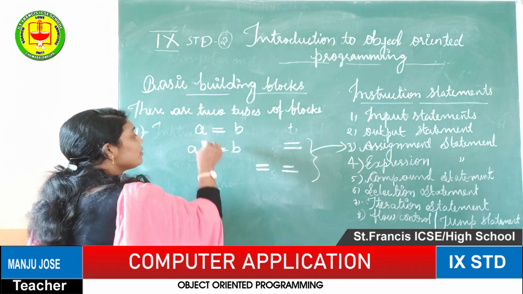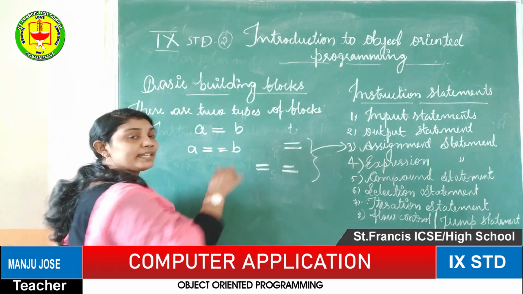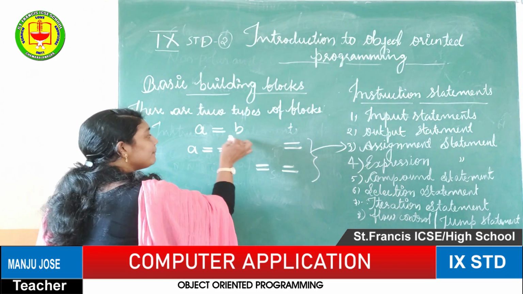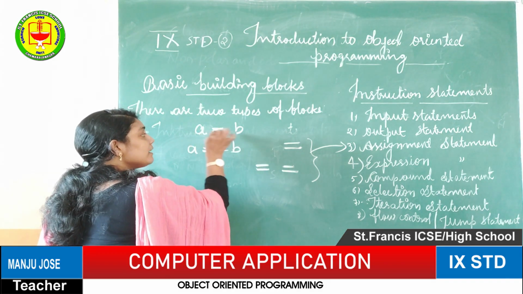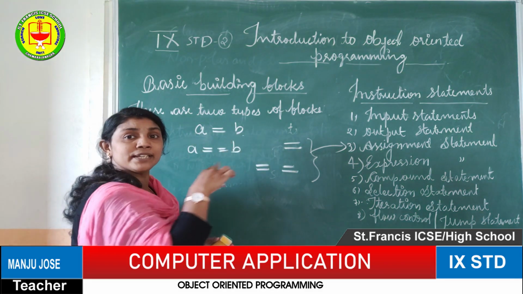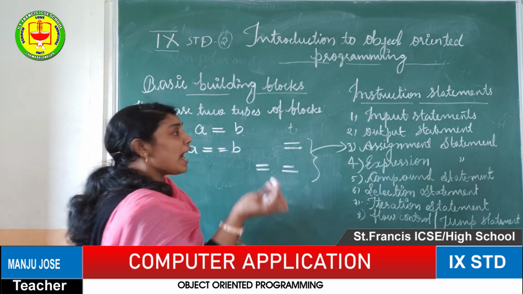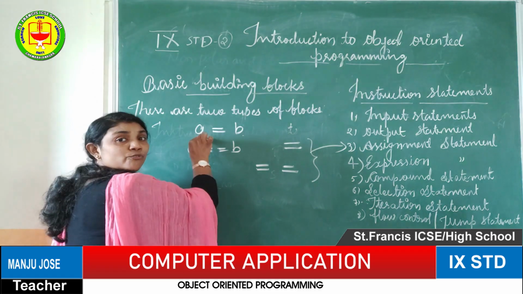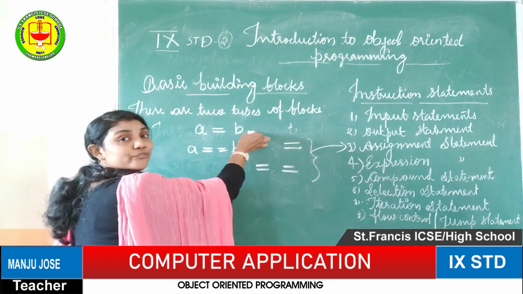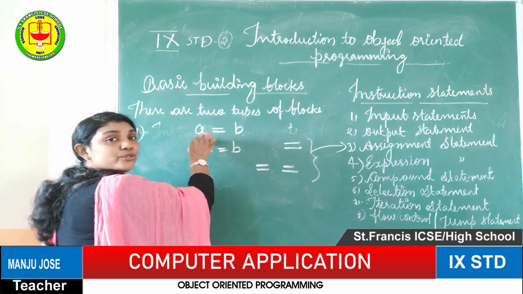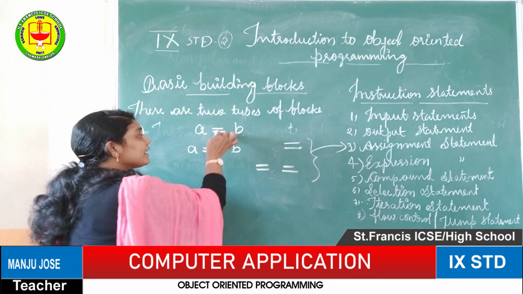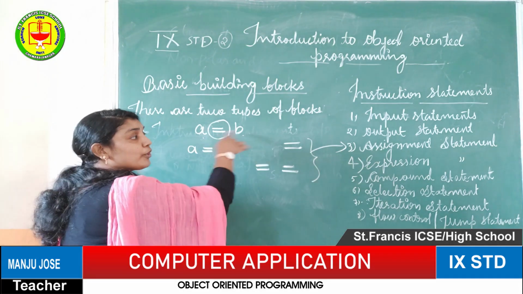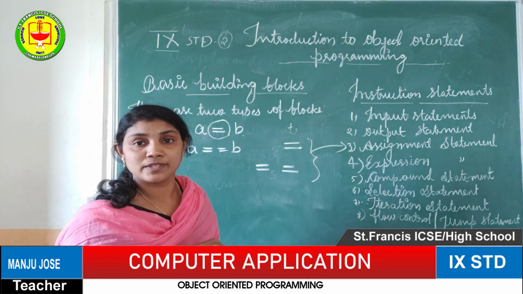See. The first one, A = B, is the exact assignment operator, isn't it? A = B means the value of A and the value of B, both variables have different values. So the value of B will be assigned to A. That means the value of RHS will be assigned to LHS. That's why the single equal to is called the original assignment operator, isn't it?